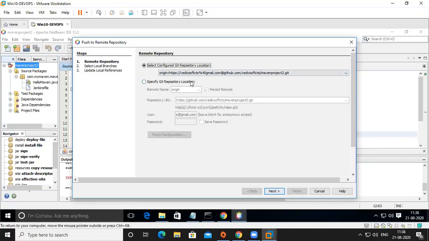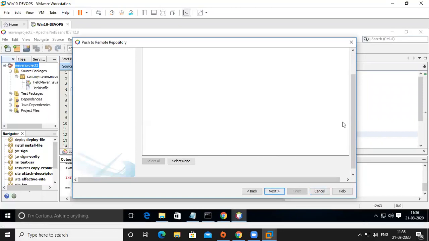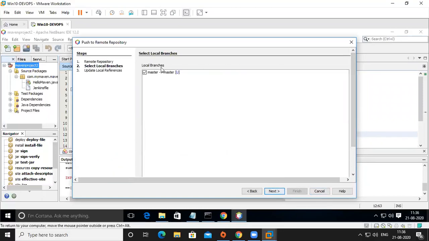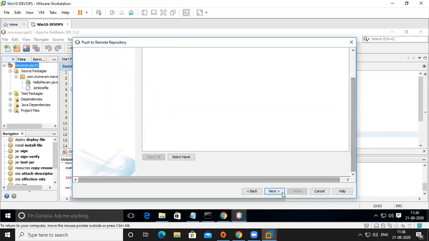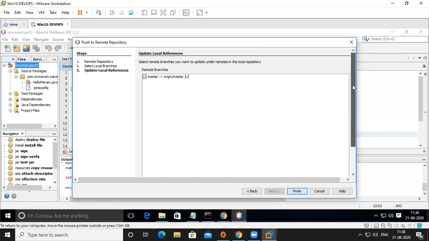Also we can specify the repository and give the password. I gave a password. Next, and integrate branches. The check mark is there. Then next, finish.